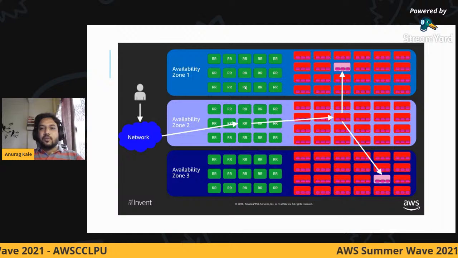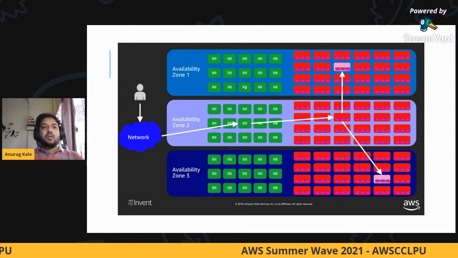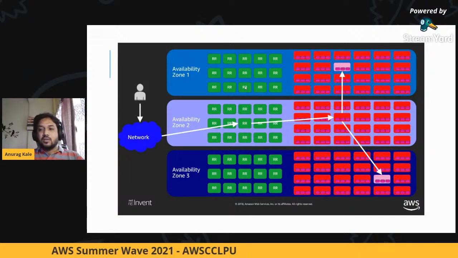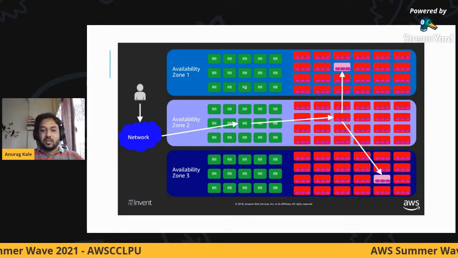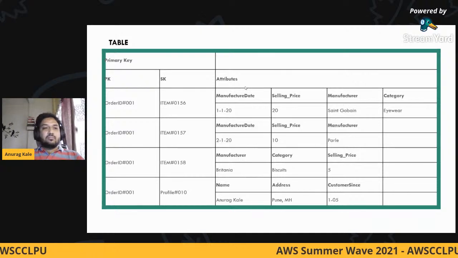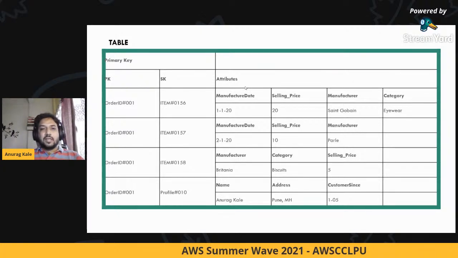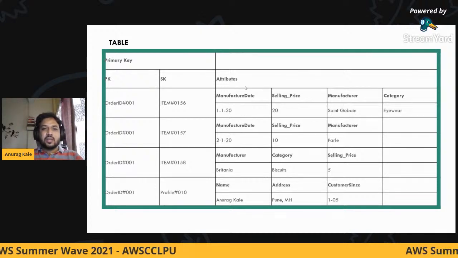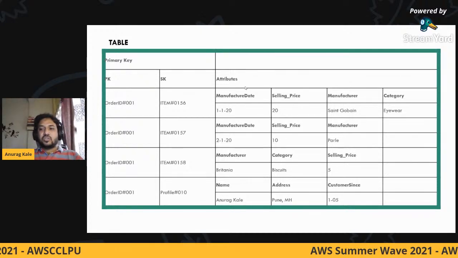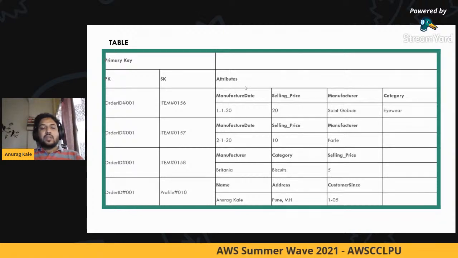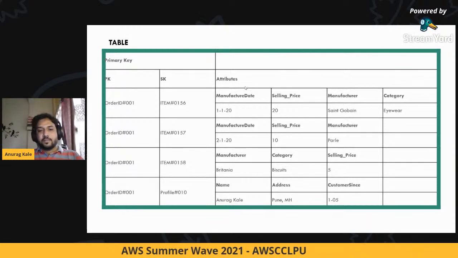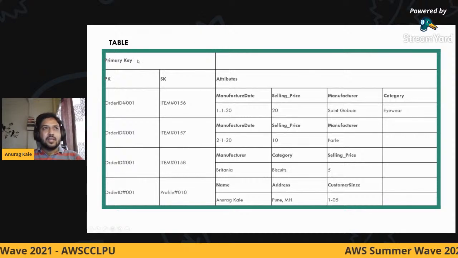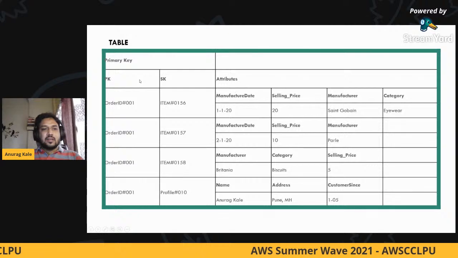Before going into the console, before looking at DynamoDB in depth, let's look at some of the terms so that you will understand when I'm speaking about it in the demonstration. So a table is nothing but this particular picture that you see at this moment. It's a collection of data, a data structure, or a way that the data is stored in your DynamoDB. Here you see on the left there is something called a primary key, and a primary key has two different values.